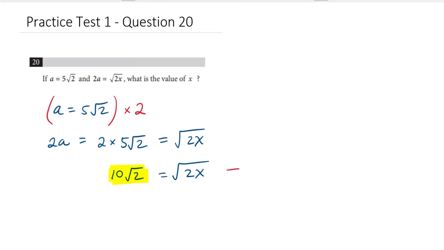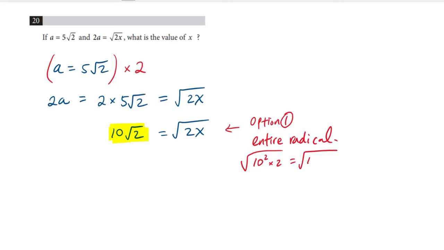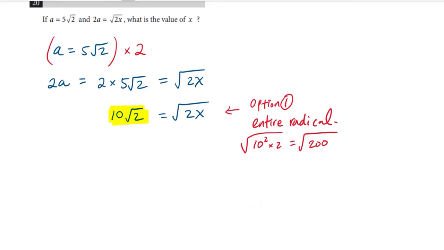Okay, you have option 1, using entire radical, which means we're going to put the 10 under the square root sign by taking the square of 10 and then multiplying by 2. So that's 10 squared times 2 and take the square root, which is 100 times 2, 200. Or option 2, you could